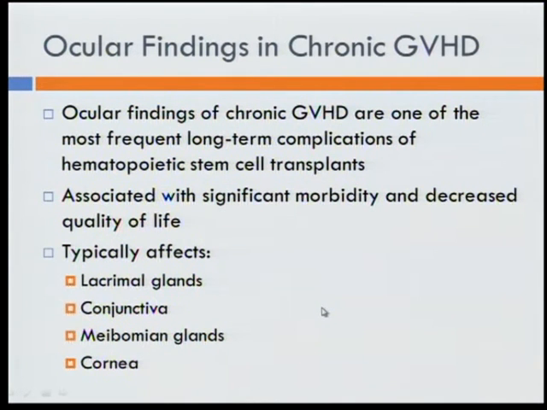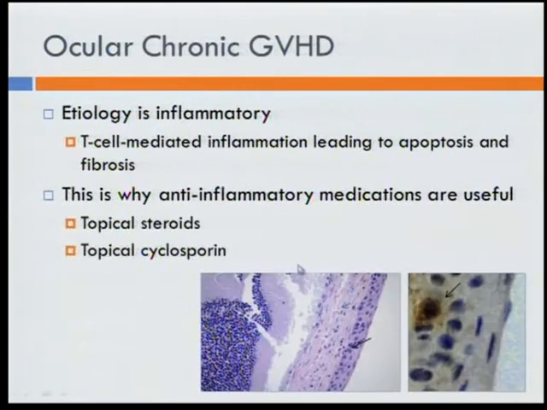The ocular findings in chronic GVHD are the most frequent that we see, and are one of the most frequent long-term complications for these patients, with significant morbidity and decreased quality of life. We typically get a severe chronic dry eye that affects the conjunctiva, the meibomian glands, the goblet cells, and then finally secondary involvement of the cornea. Again, the etiology is T-cell mediated inflammation,